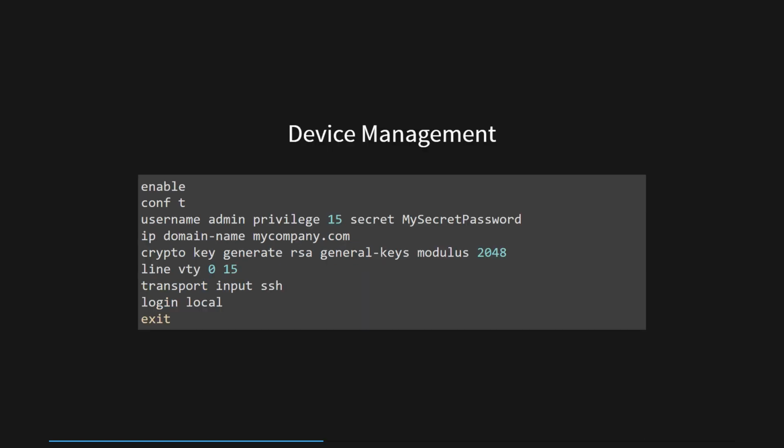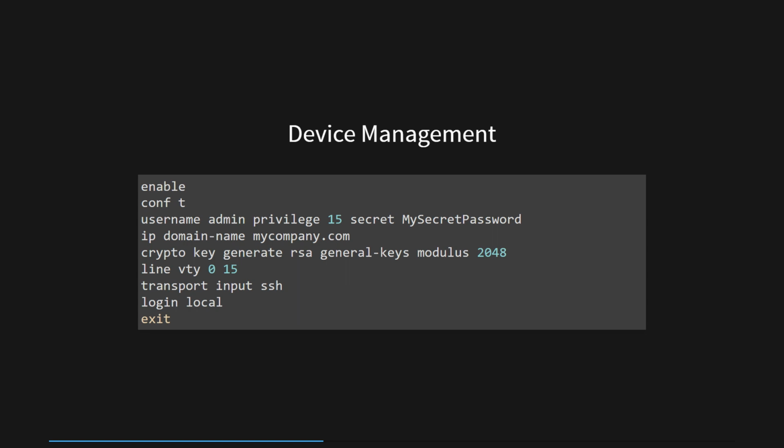Device management is a critical aspect of network administration, and remote access methods play a significant role in efficiently managing devices. Three common methods for remote access are Telnet, SSH, and HTTP/HTTPS. However, Telnet poses security risks as it transmits data in plain text, making it vulnerable to interception and unauthorized access. Instead, network administrators are advised to use SSH, Secure Shell, for remote access, as it encrypts data, ensuring a secure connection. HTTP/HTTPS can be utilized for devices with web-based management interfaces, providing an intuitive and user-friendly management experience.